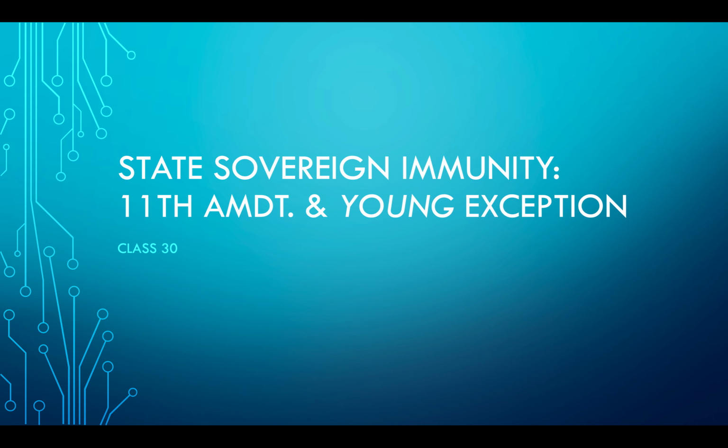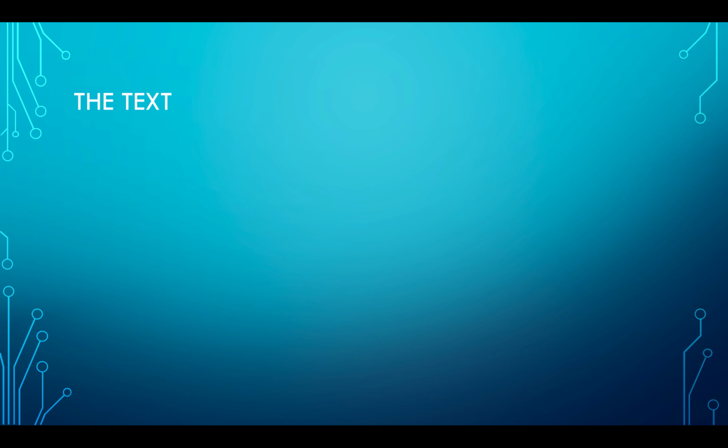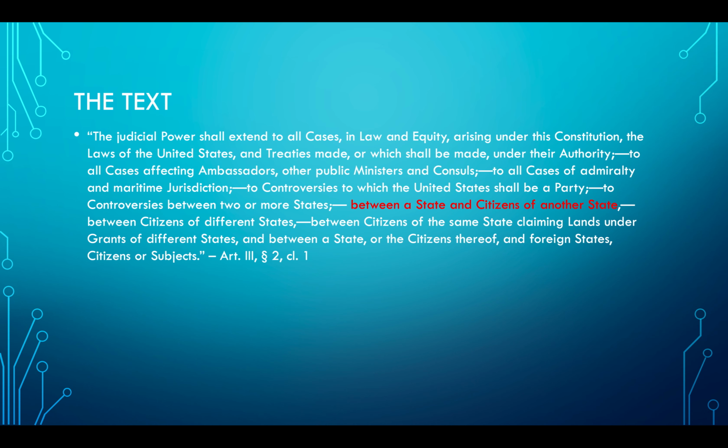So, where should we start? Let's start with the text of the Constitution, and keeping with the theme of taking a break from looking at Congress's powers, we're going to go back to Article 3, which is the article that we started out with. We started out by looking at the powers of the federal courts. We started out by looking more specifically at the justiciability doctrines and what counted as a case or a controversy. Well, let's